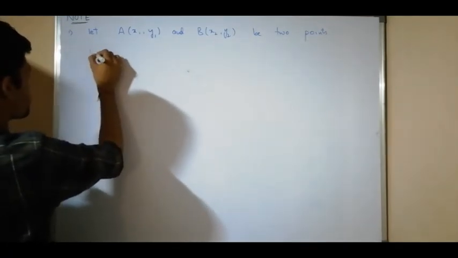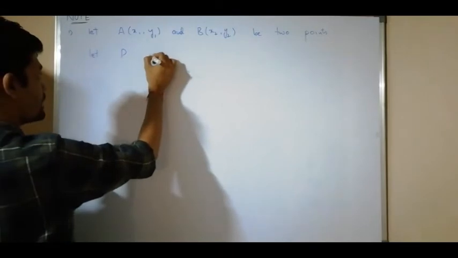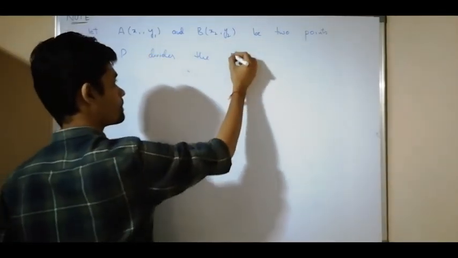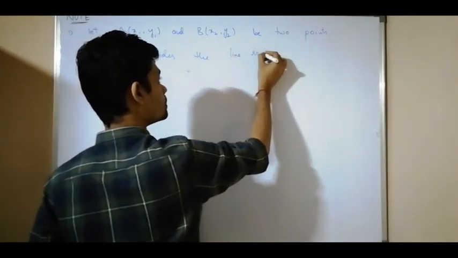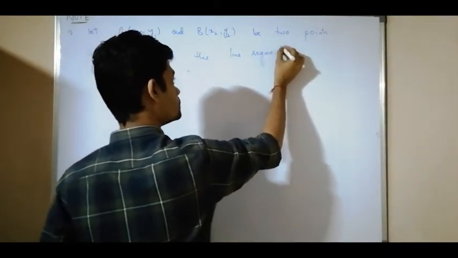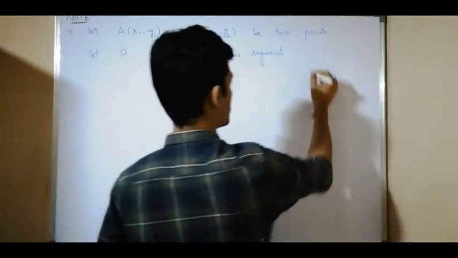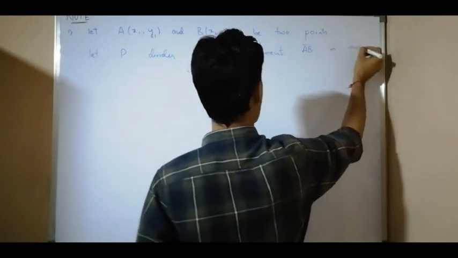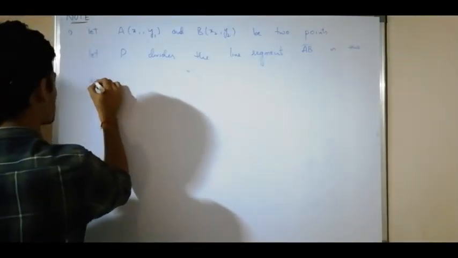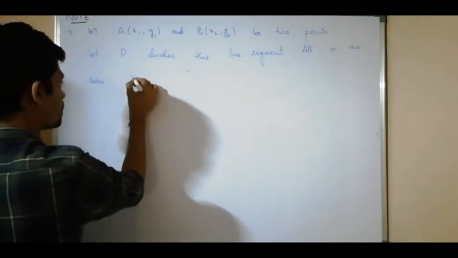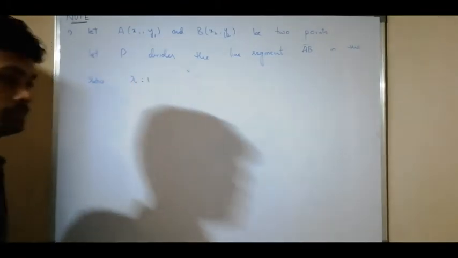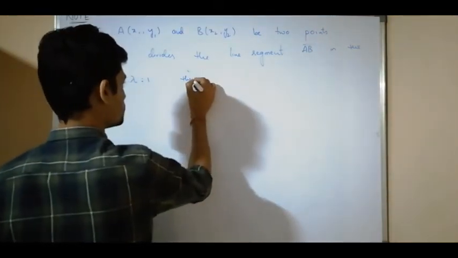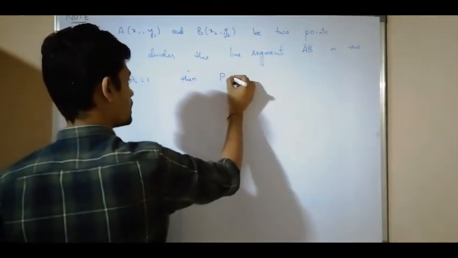Let P divide the line segment AB in the ratio lambda is to 1, then P is equal to